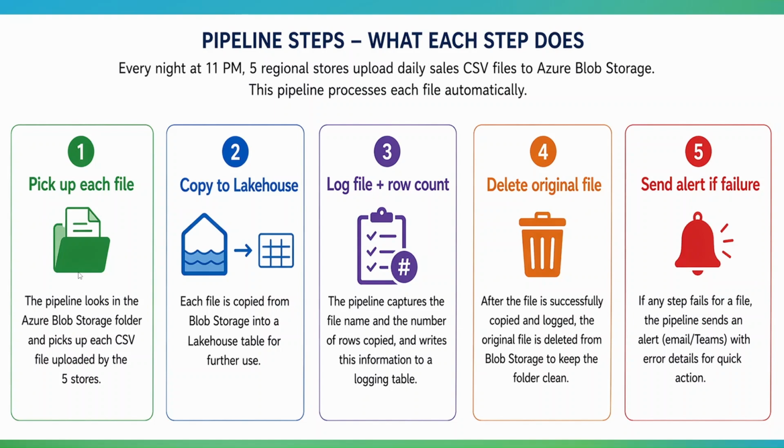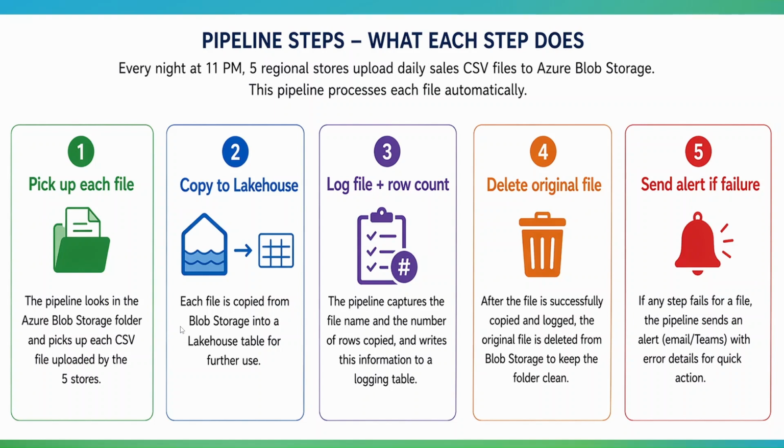Right now this is being done manually. Someone opens the folder, downloads the files one by one, and loads them in every single day. Now your job is to automate this completely, right? So here is how a data pipeline solves it. The first thing is the pipeline starts by reading the storage folder. This step checks what files are waiting there, how many files there are, and what their names are. All these things we first get through the get metadata activity.